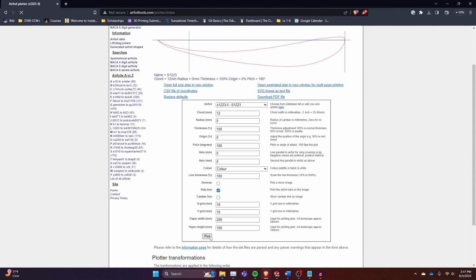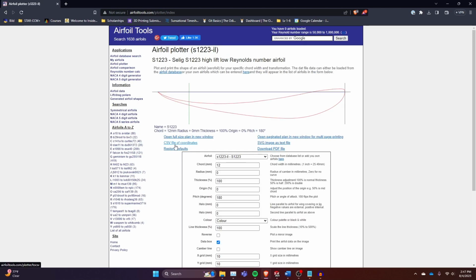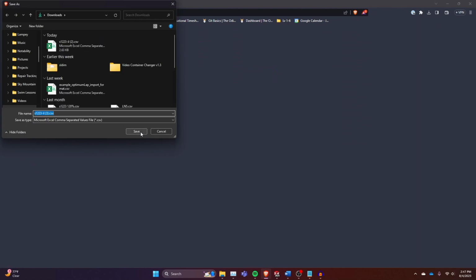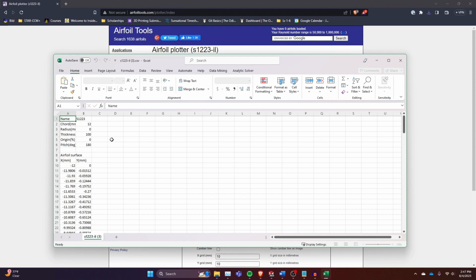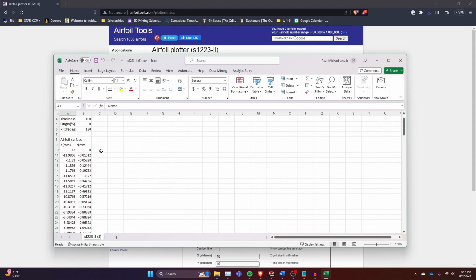Once that's done, go ahead and click plot and click this file right here. This is a CSV file of coordinates. Go ahead and download that, and once it's saved, you're going to open it up. What we're going to do now, since we're trying to make this a 2D sketch, SolidWorks only accepts 3D point files, so you need to add a 0 in one of the